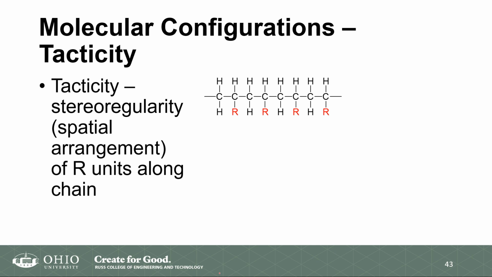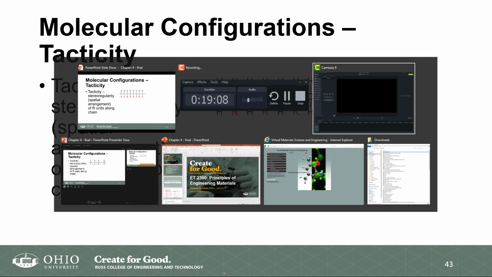All right, so in describing stereoisomerism in polymers, we use the word tacticity. Okay, and the word tacticity there, or tactic, is how we're going to name our molecules. And so to be able to actually visualize this, I'm going to be switching back and forth between the slides